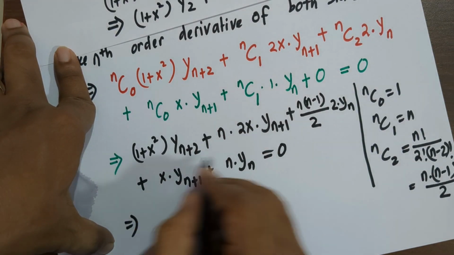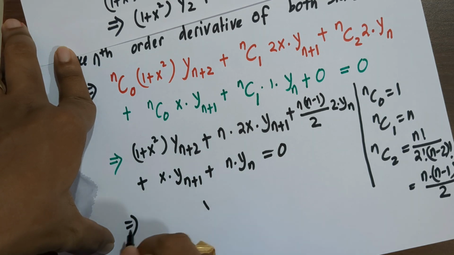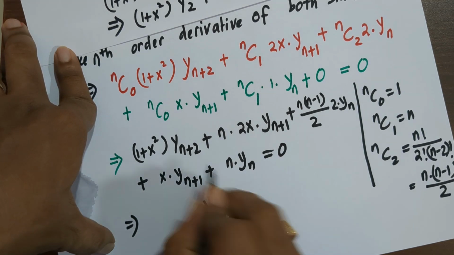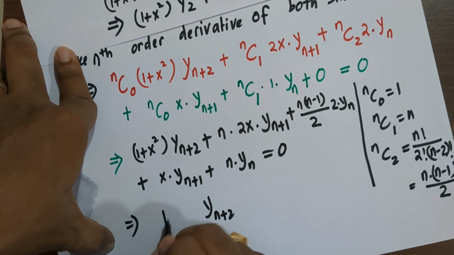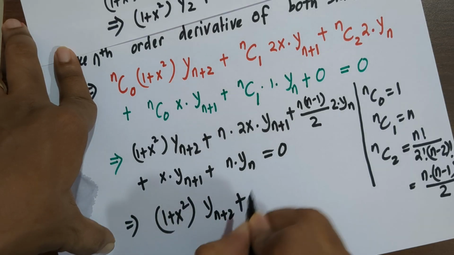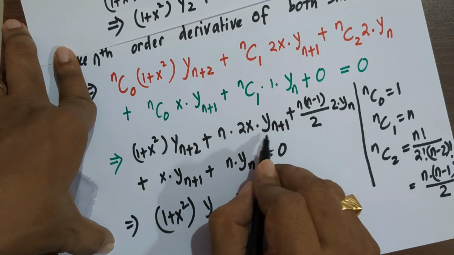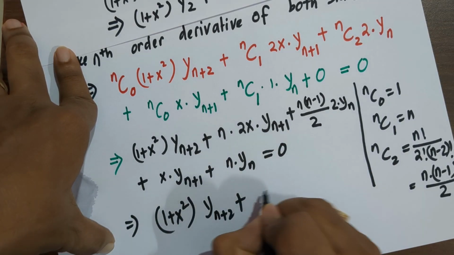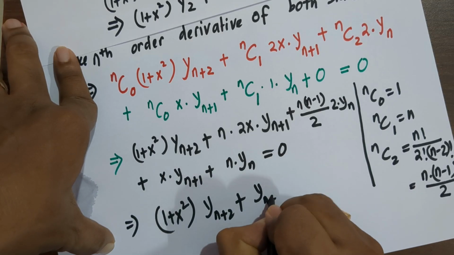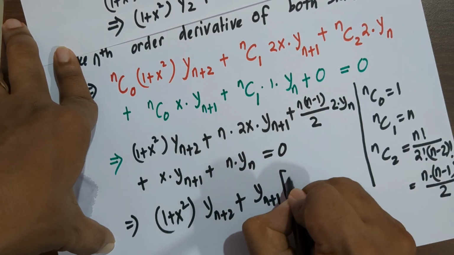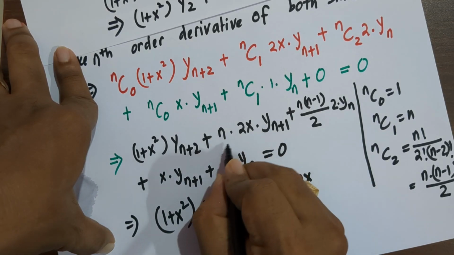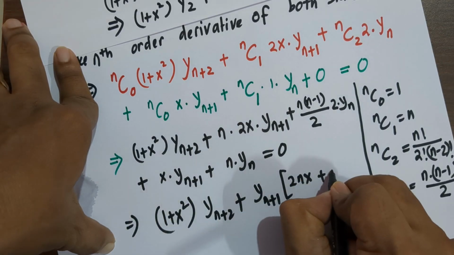Now collect the like derivatives together. We have the (n+2)th derivative, only one term, so (1 plus x squared) y_(n+2), plus for the (n+1)th order derivative we have this one and this one, so take y_(n+1) common, and we have 2nx plus x,